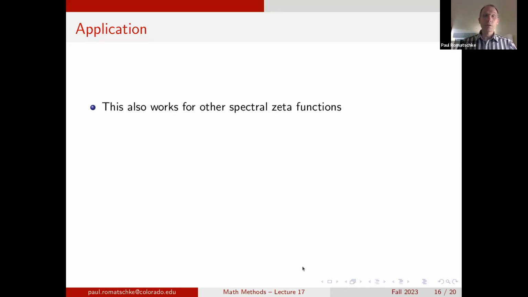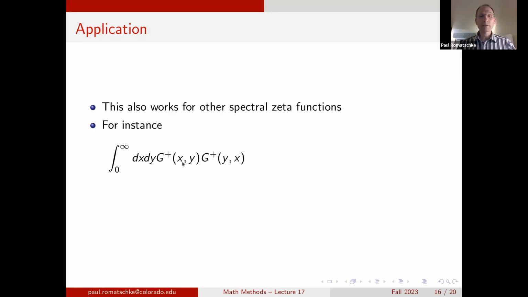This not only works for this particular spectral zeta function that I had in this example here, but works for other spectral zeta functions as well. For instance, if we take the product of two of these Green's functions with the following arguments, x, y, and y, x, and we integrate over both x and y,